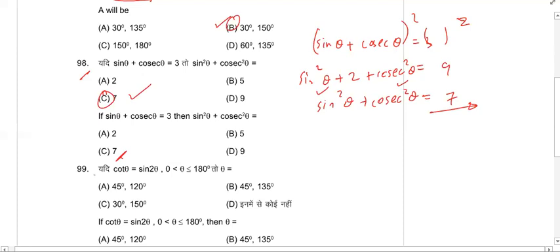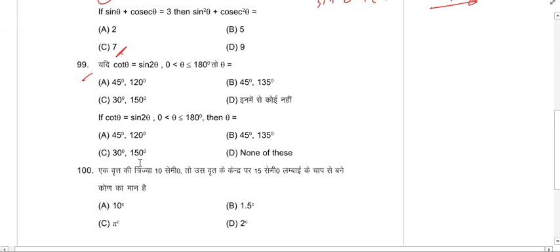Number 99. Cot theta is equal to sine 2 theta, and theta is between 0 and 180. So we're looking at, what is cot theta? That is cos theta over sine